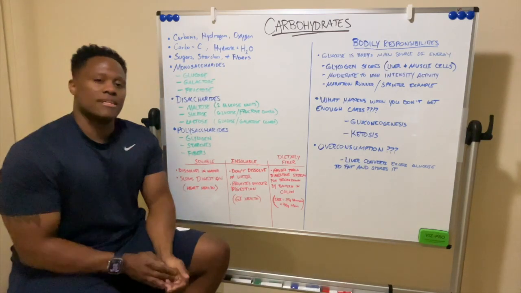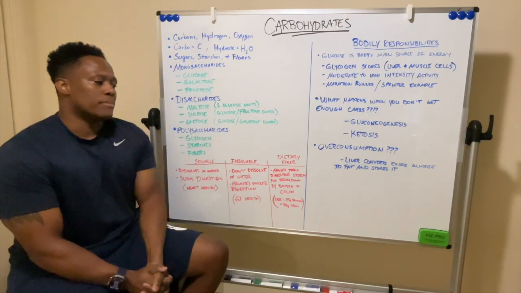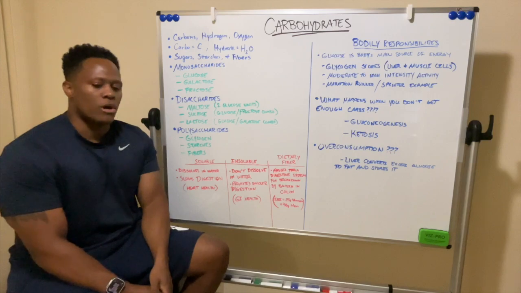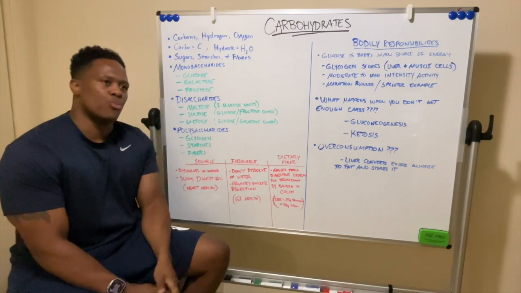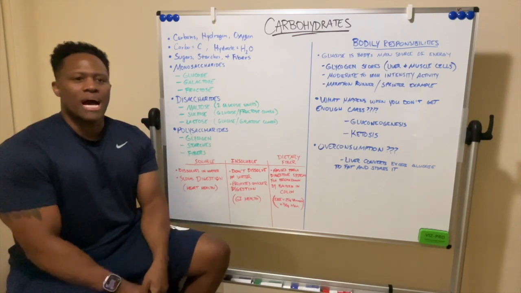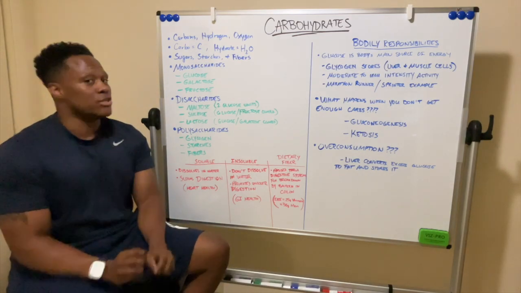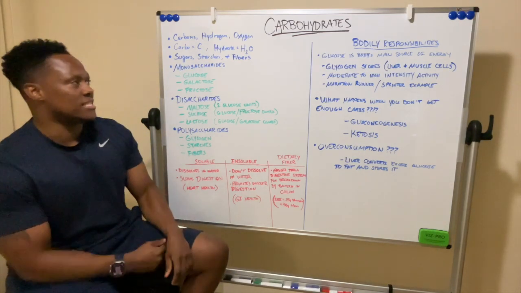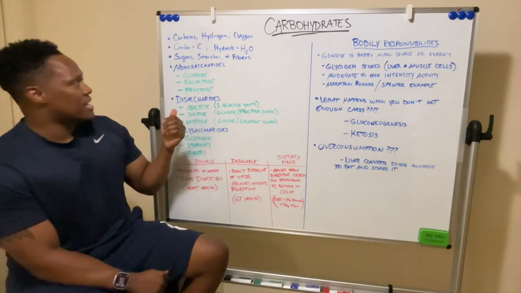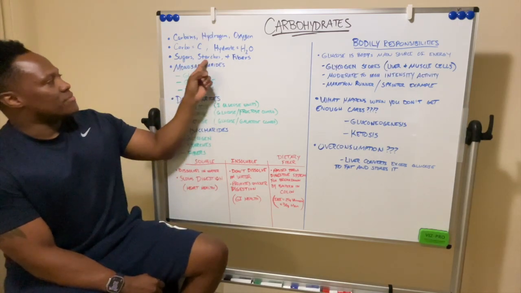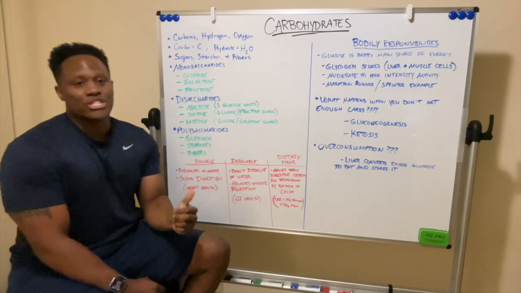Something that some of y'all may not know, because you may hear a lot of times that you want to avoid sugars and things like that if you want to lose weight. That is actually partially true, just not all the way. There's always context and nuance that goes into these things. With that said, carbohydrates consist of these three things: sugars, starches, and fibers.